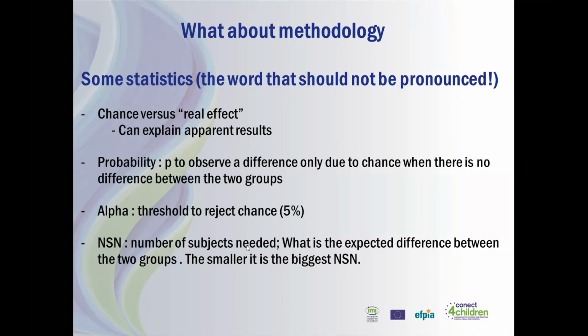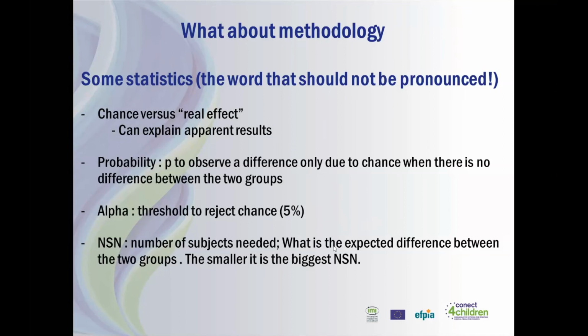So the probability, P, is the probability to observe a difference that would be only due to chance when there is no difference between the two groups. And our objective usually is to reject that probability. This is how we do in statistics. So we usually use a threshold to reject that, which is fixed at